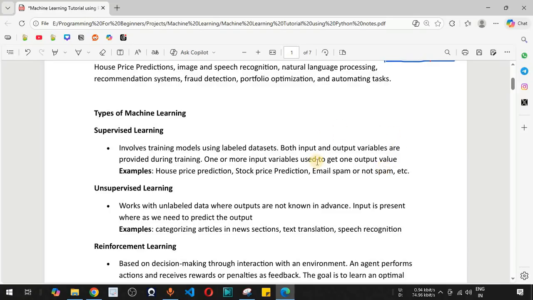And then next time when we are using the model in order to predict, we only provide the input variable so that the output variable is predicted by the machine learning model, and that is how machine learning works. So one or more input variables are used in order to get one output value over here. The examples in this case will be house price prediction that we have just discussed. Apart from that, there is stock price prediction as well, in which case we can get the different input variables and one output variable needs to be predicted, that is what will be the price of the stock at a specific